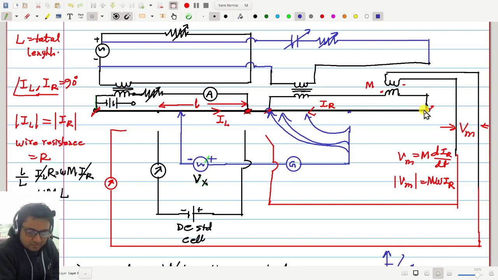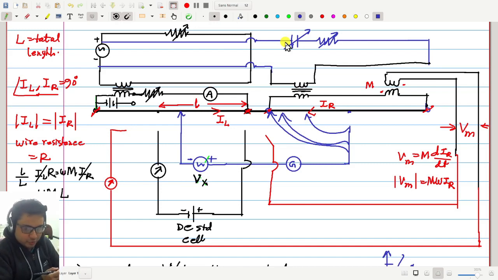So instead of capacitor, we can use the inductor. Yes, no problem, you can use an inductor. That will also give a phase shift. You can use an inductor in general. But if you replace the capacitor with an inductor, that is not going to give you voltage in the opposite direction. And if you change it, then you have to recalibrate everything. That means you have to re-standardize everything.